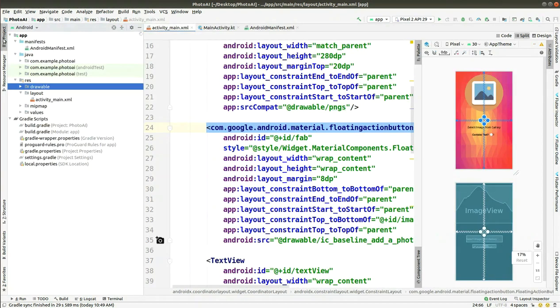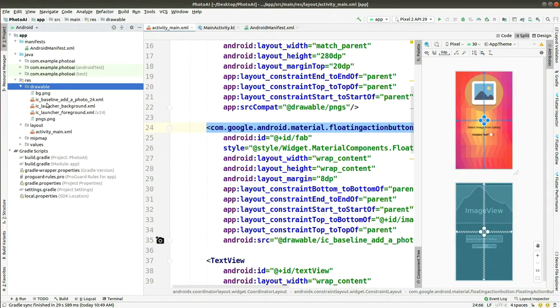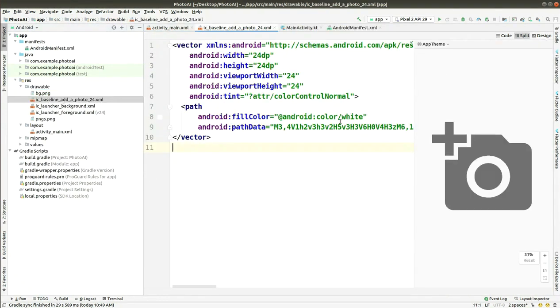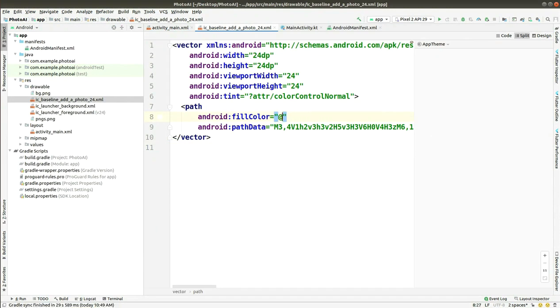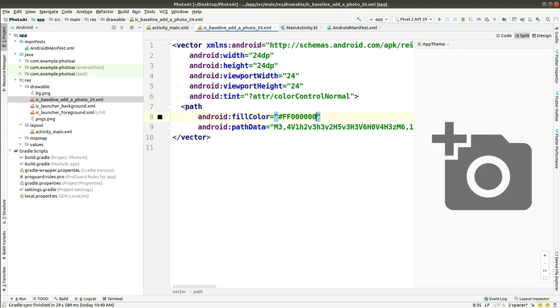So I have to go to project, in drawable, and choose that ic_baseline_add_a_photo. After that, you have to edit this fill color within the path and add the hex value here, 2 times F and 6 times 0. Then you will see that it is not having any effect.